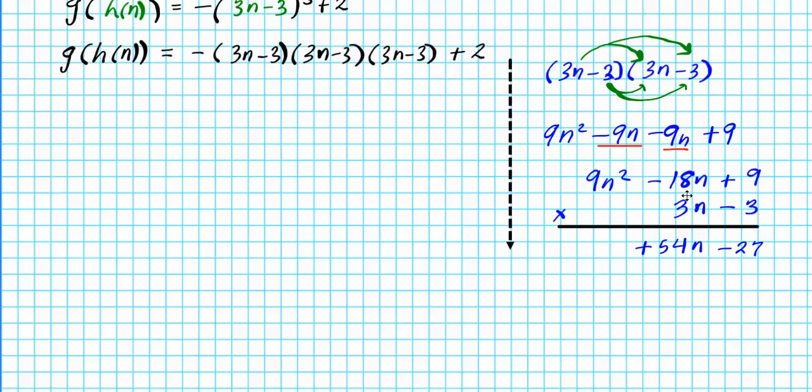You see how everything in this column all ends, okay? -3 times 9n squared is -27n squared. That's what happens when you distribute -3 across all these three terms. Next thing we're going to do is multiply 3n across all three terms. 3n times 9 is 27n. Put it in the n degree column. First degree column, 3n times -18 is -54n